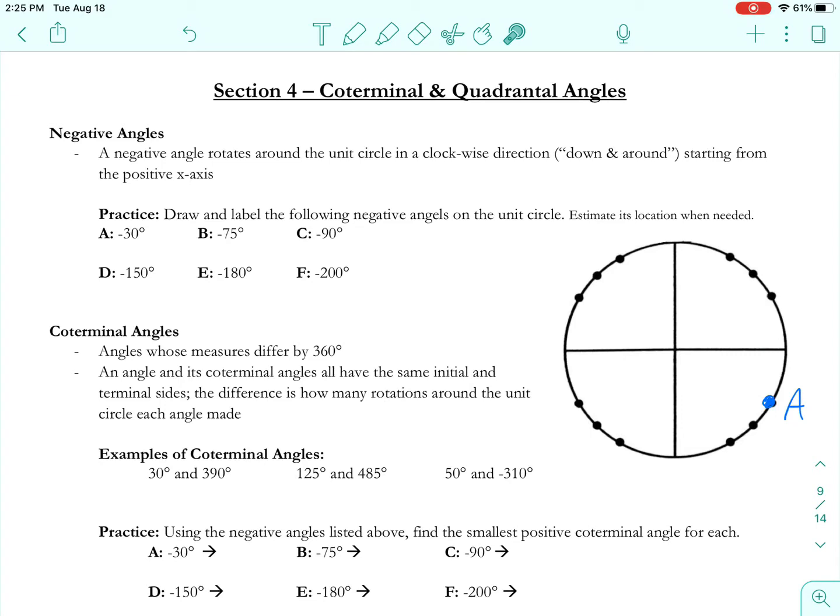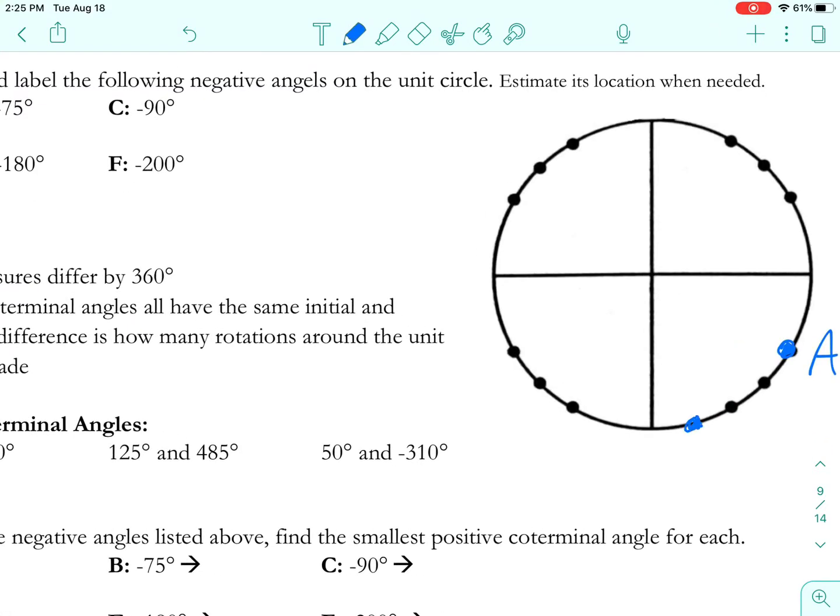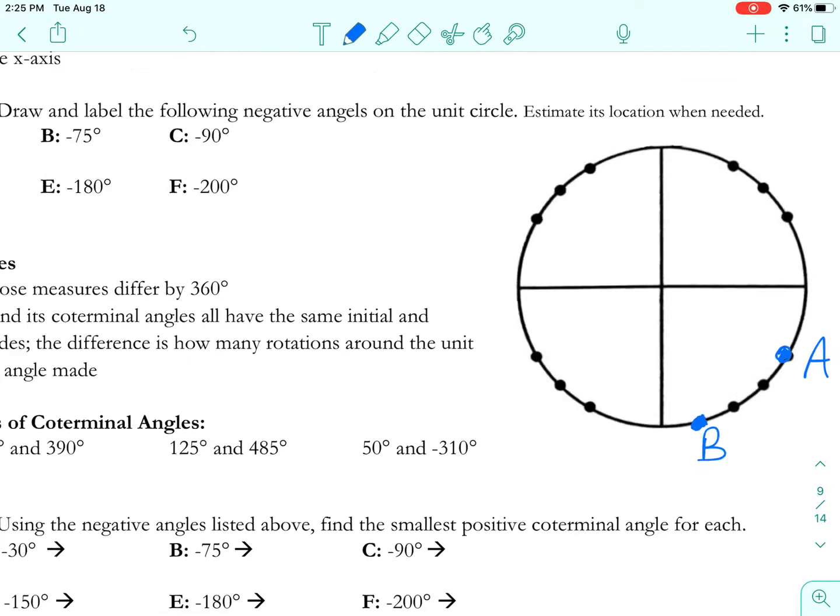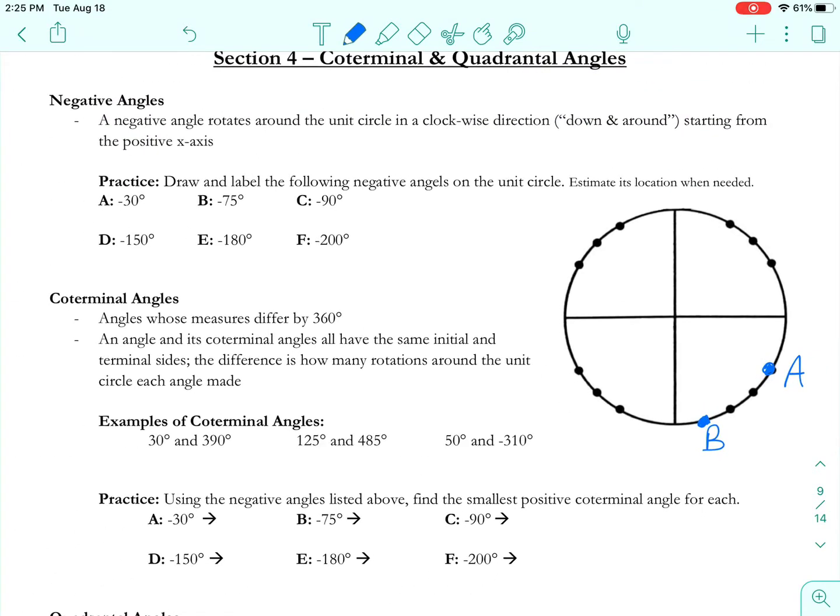Negative 75 degrees, again, we're starting at the positive x-axis and we're going this direction, not all the way to 90, but past 60. You know, this dot represents 60 degrees, negative 60. So in that case, somewhere in here is where B is, negative 75 degrees. Not quite to 90 degrees, but almost there, somewhere between 60 and 90. Letter C is negative 90 degrees. So again, starting at the positive x-axis, going backwards, we're right here. So point C,